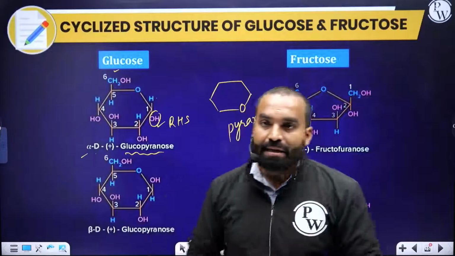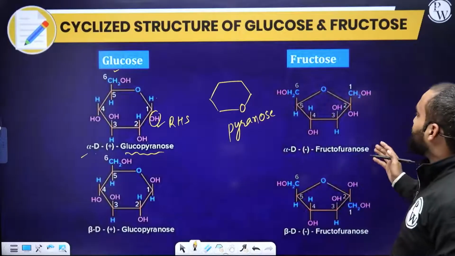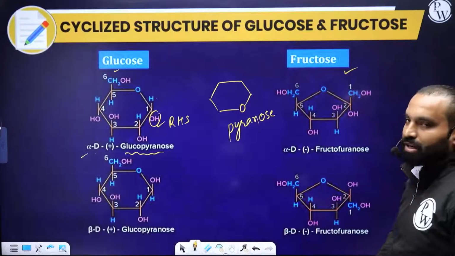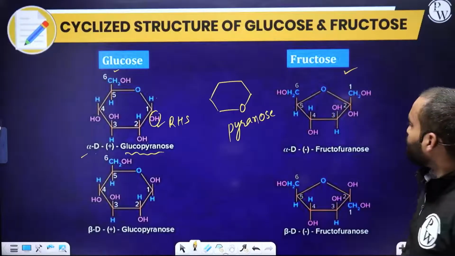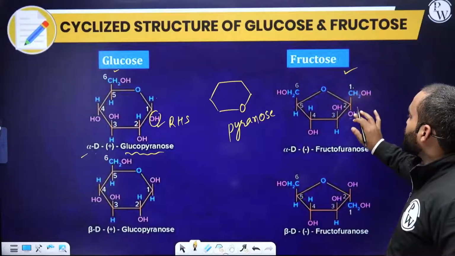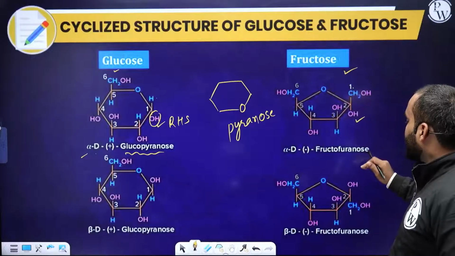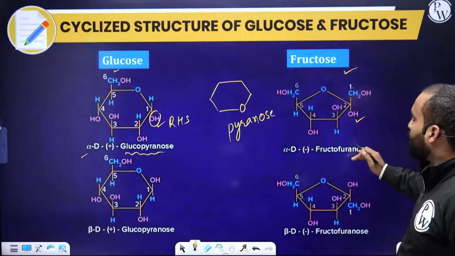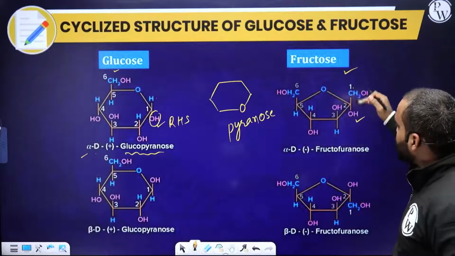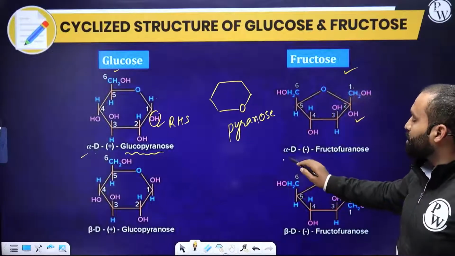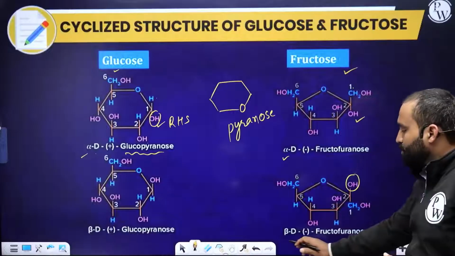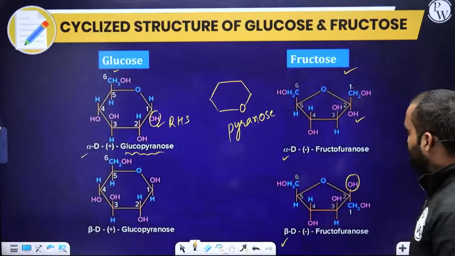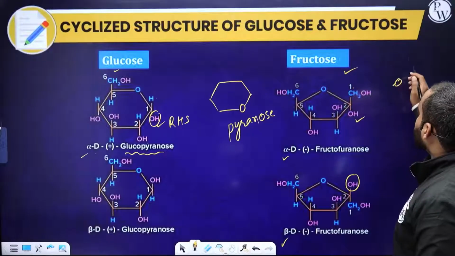Understood, everybody? Similarly, you can go to this side, which is fructose. The fructose structure is a 5-membered ring, including the oxygen atom. So this is my carbon number 1. This has OH on the right hand side. If OH is on the bottom, this becomes the alpha structure, and exactly opposite, if OH is on the top, this becomes beta fructose. Right, everybody?